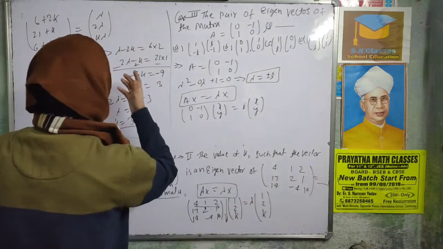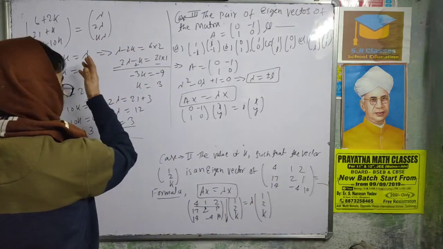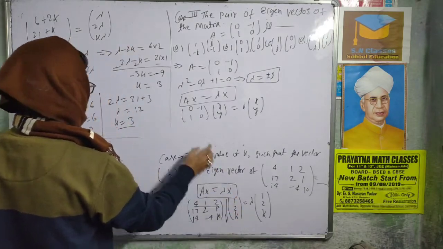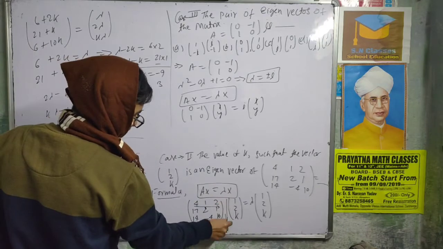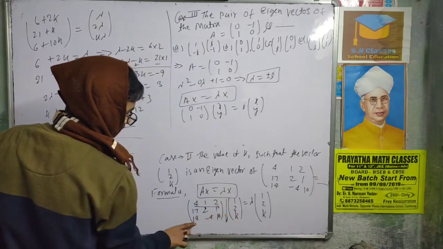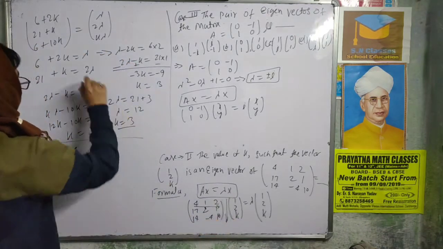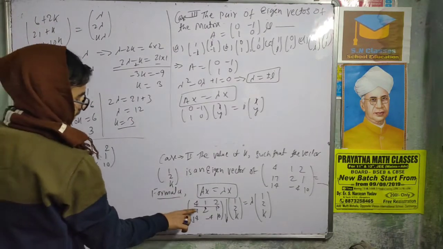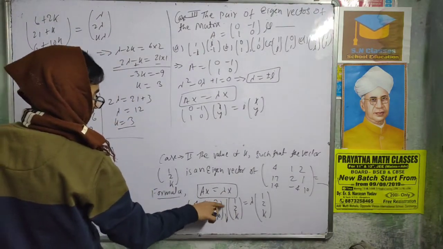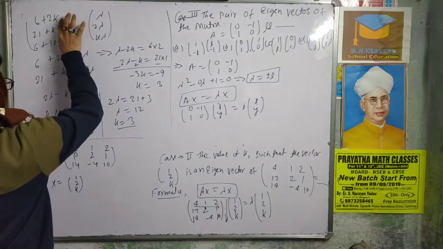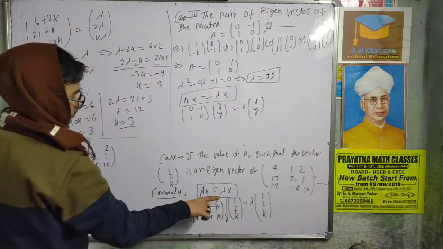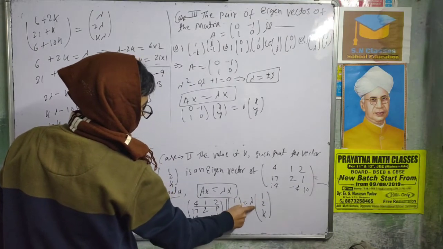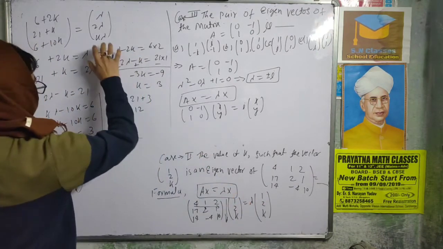We'll substitute here. So lambda, and multiplying both sides of the equal sign. Row multiplied with column, this row with column, this row with column. So you will get this result. What is there? 6 plus 2k for multiplying the first row with the column, then the second value, third value. That equals lambda multiplied with the matrix inside: lambda, 2 lambda, similarly k lambda.